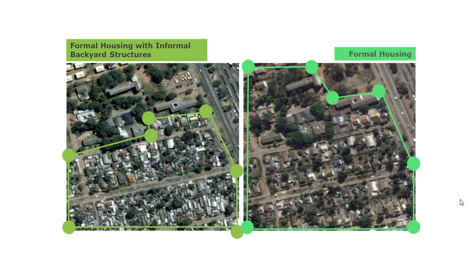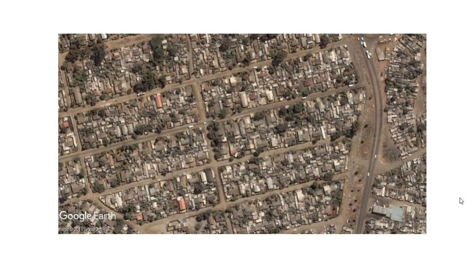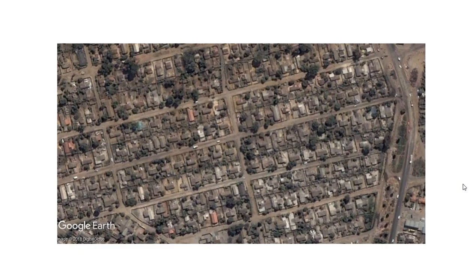We've also included additional pictures just to clearly show this difference. As you can see here, these are high income formal residential areas, but they do have backyard informal structures all over the place. You can actually see that these areas are pegged, they are overcrowded, they've got high population due to these numerous backyard structures. We look at the other picture, it's the same area, but now all these backyard structures are absent. So this would be formal housing without any backyard structures,